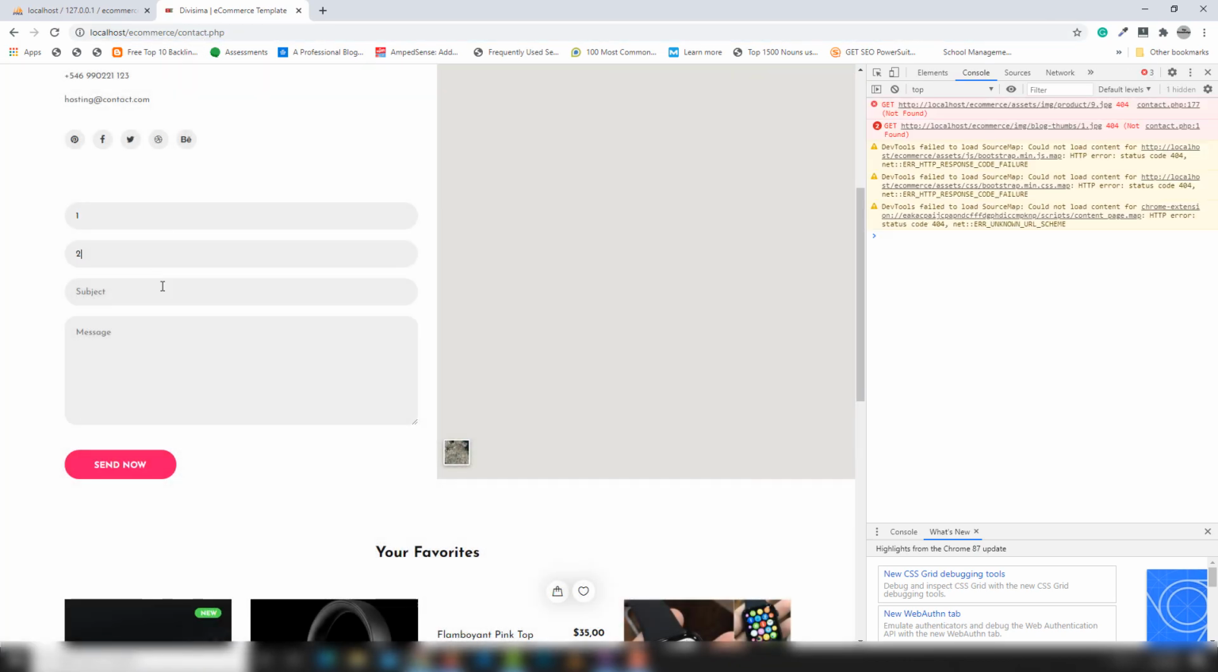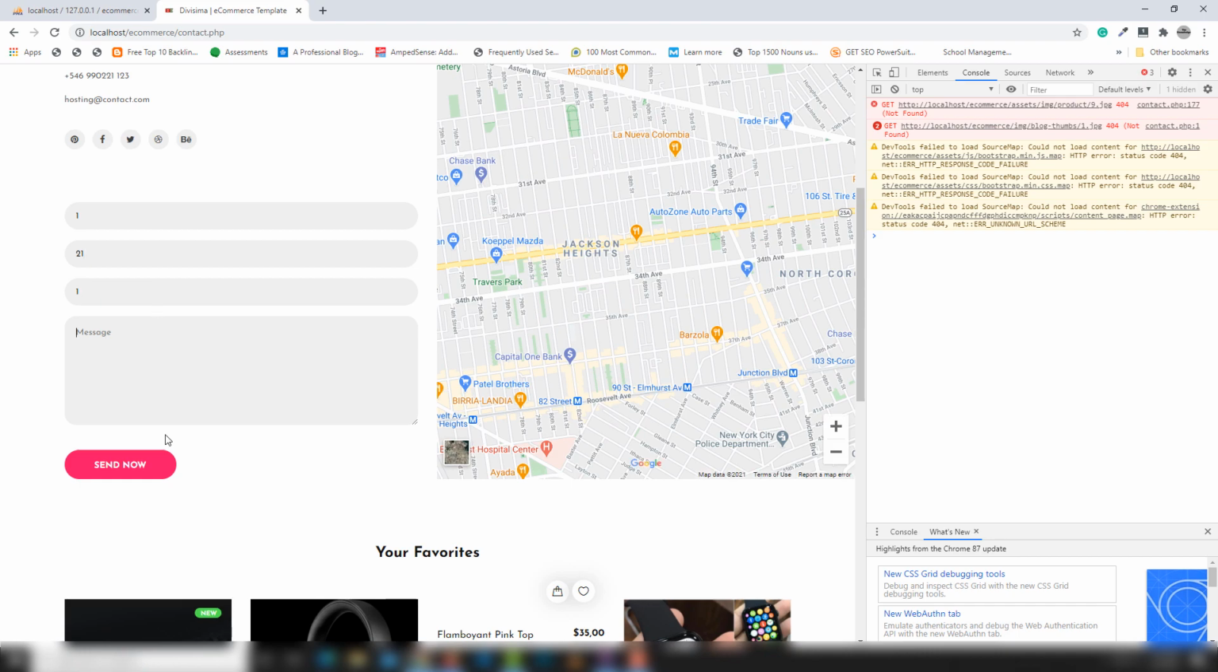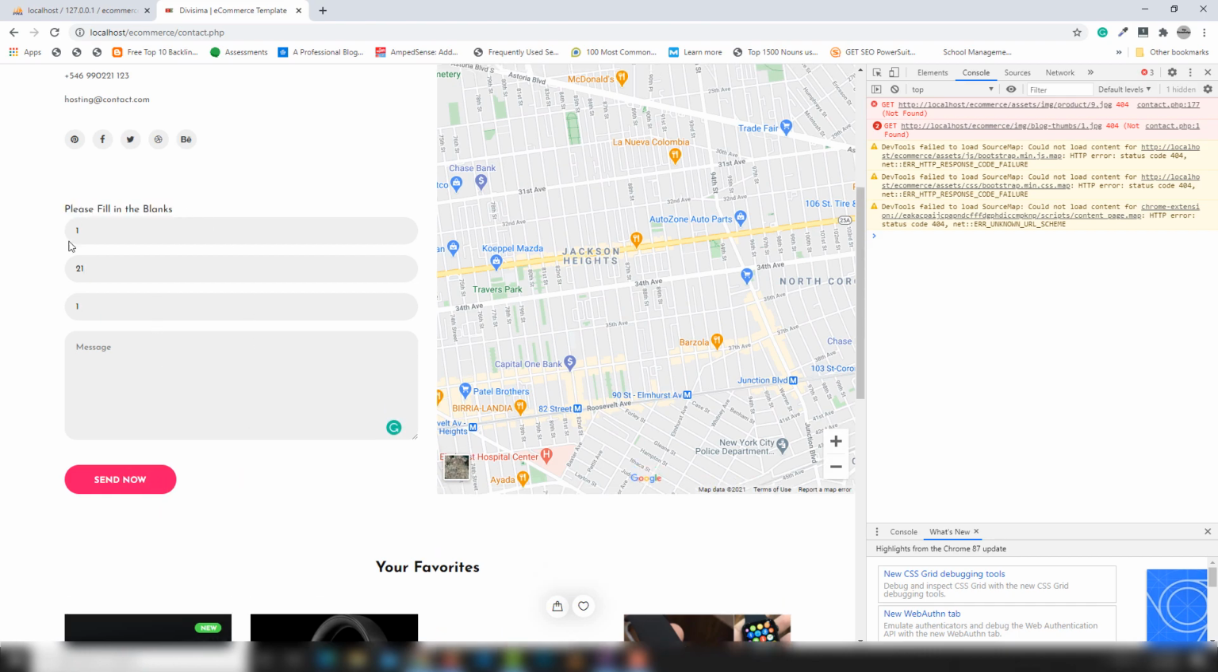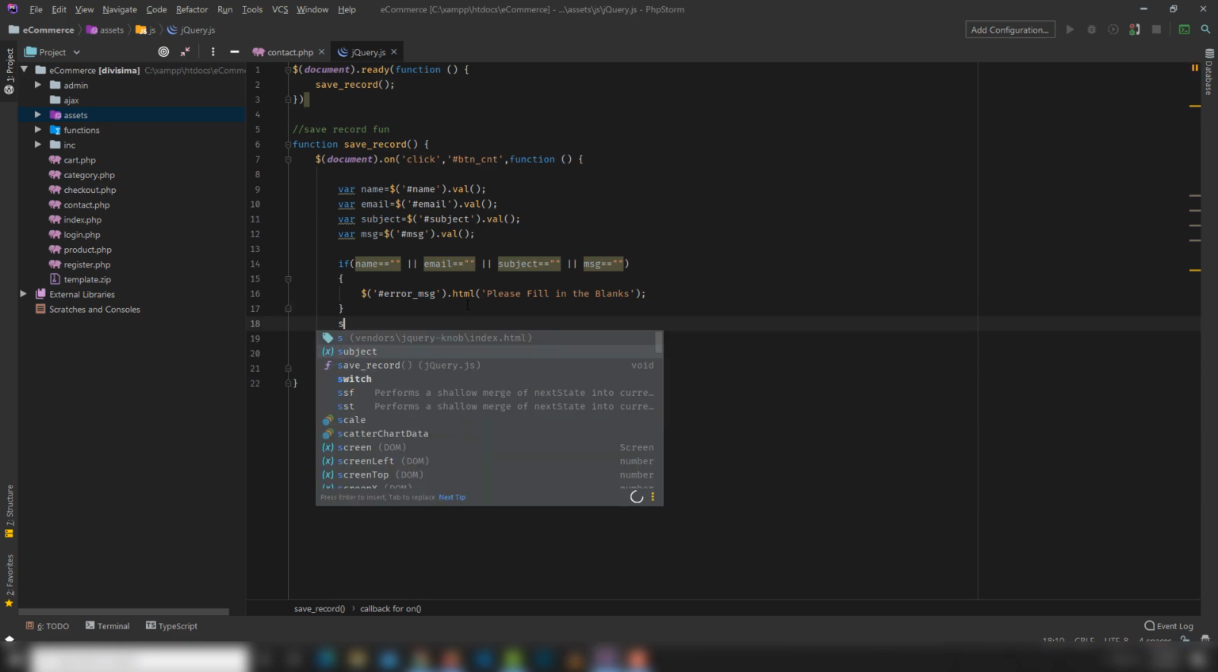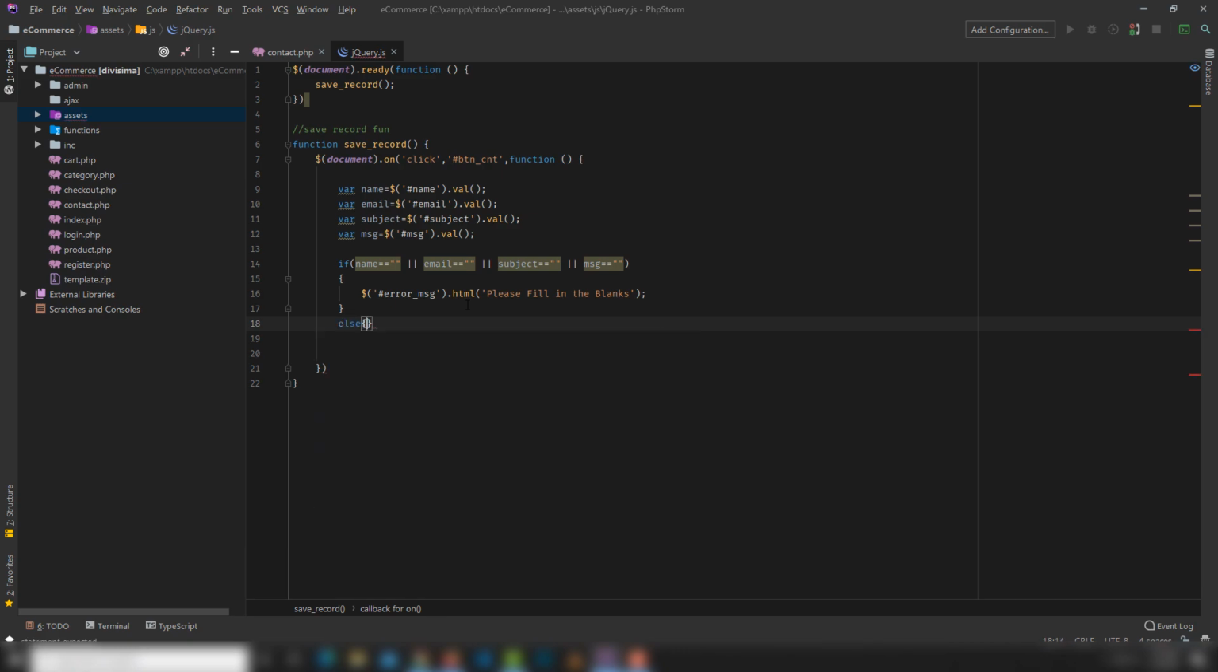I use 1, 2, please fill in the blanks. This last one is empty. If I use this one, and this one will be empty, click on that, I see the same message. So this is a validation, simple validation, right? Then the next thing, I'm going to call else statement,